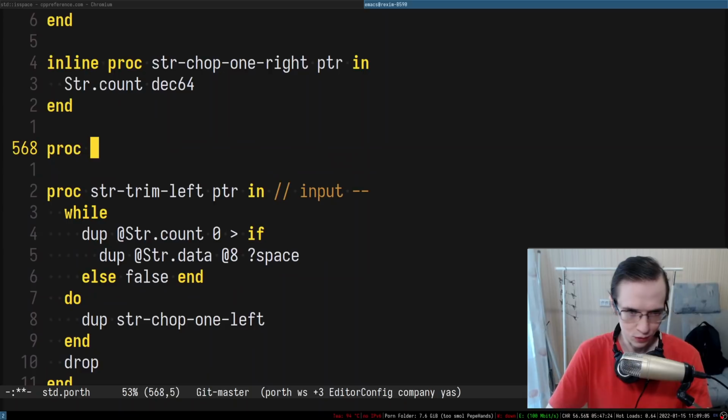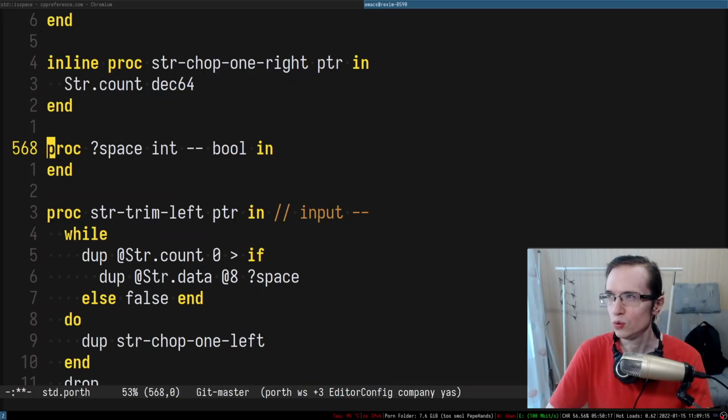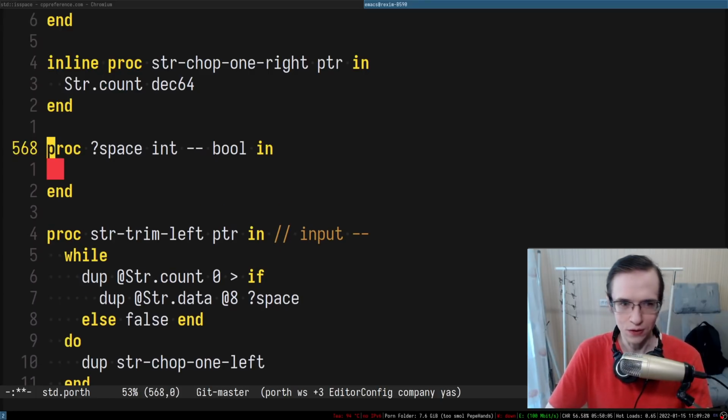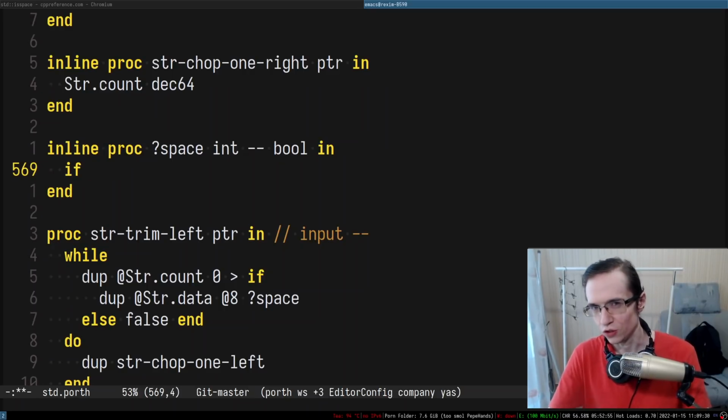So let's introduce a procedure called space. It's going to accept the code of the character, and it will return a Boolean indicating whether it's a white space or not. I think it would be easier to actually use conditions in here. I thought I was going to make it inline, but then I realized that the easiest way to implement this is to use ifs, and ifs are not supported in inline procedures right now.